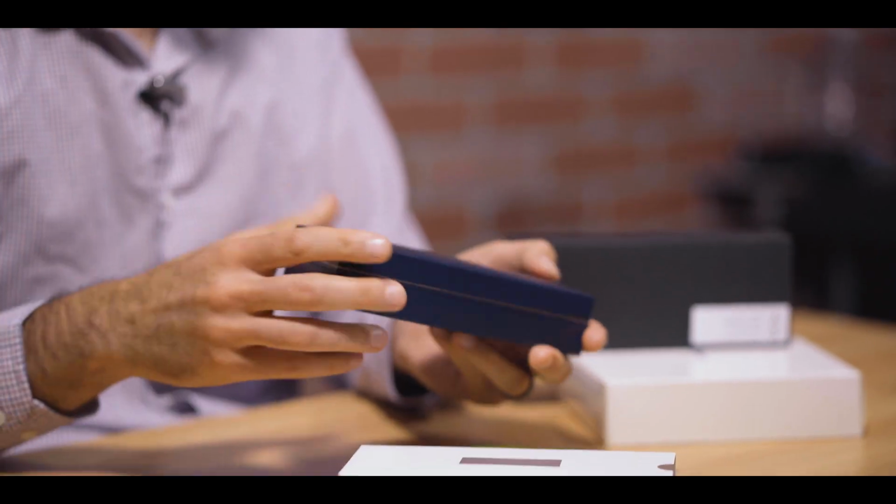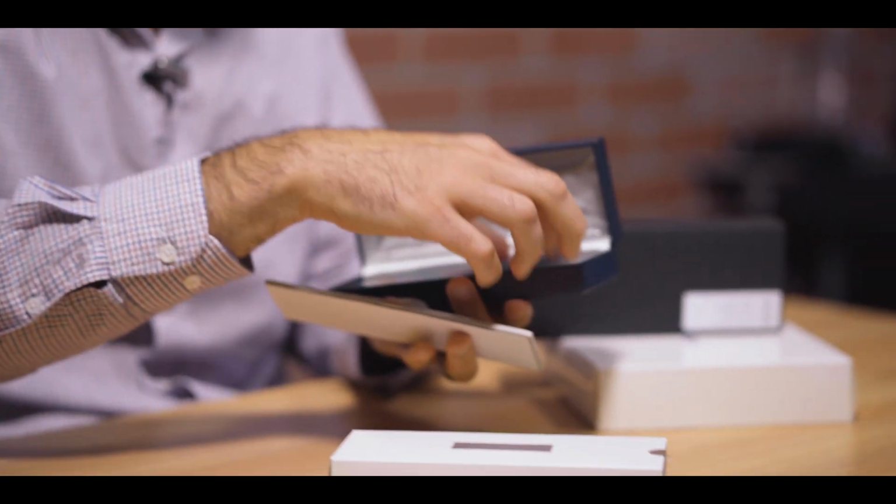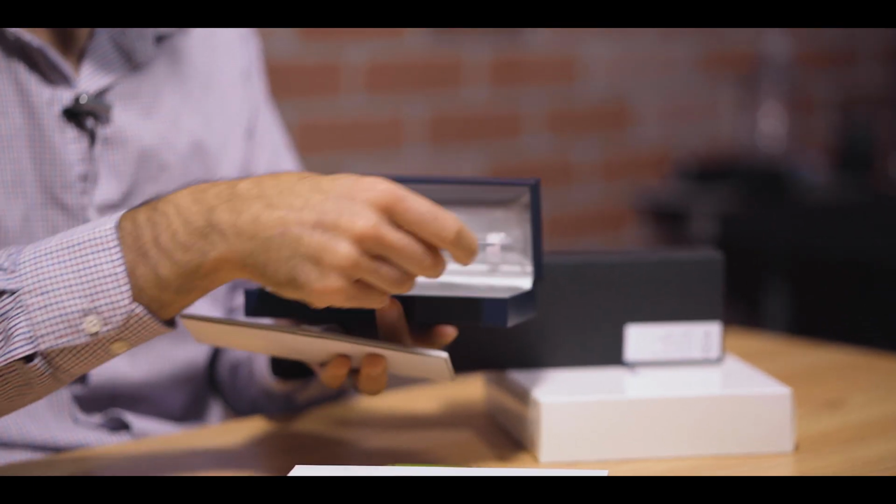And they're also in this wonderful Sailor gift box with a 1-year manufacturer warranty, a little card underneath here, as well as the cartridge, the 2 cartridges, and the converter. And originally, of course, on October 1st, it'll go back to the 20% off discount, but for the month